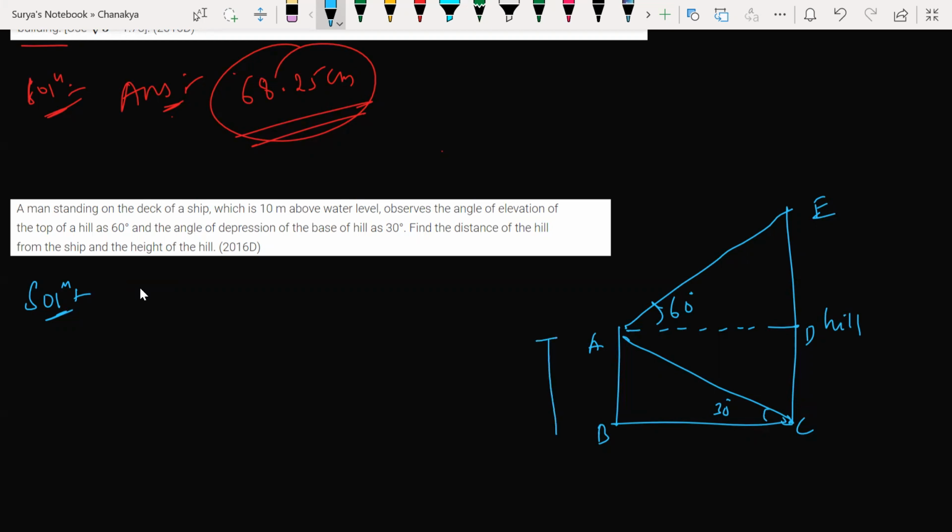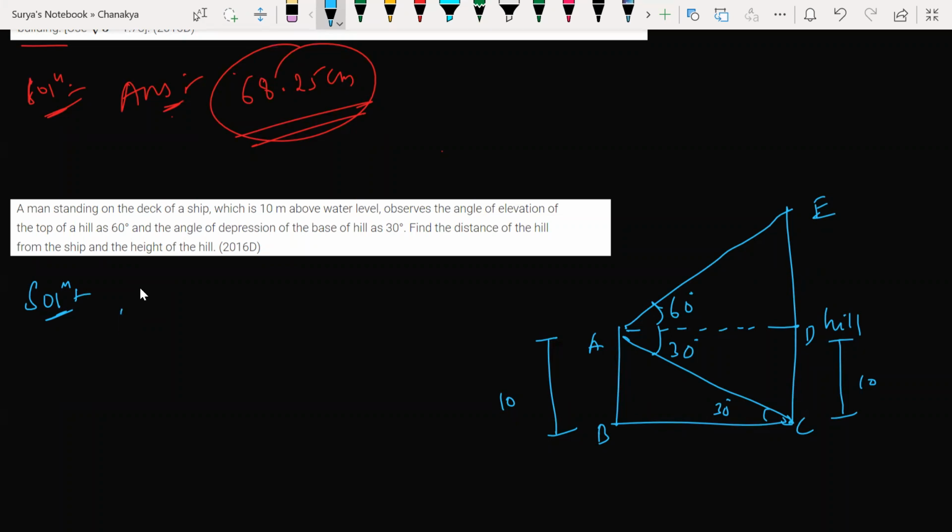Perfect. This AB, how much is given? AB is given as 10 meters, and this angle is given as 30 degrees. Am I clear? So this will also be 10. So from the triangle,